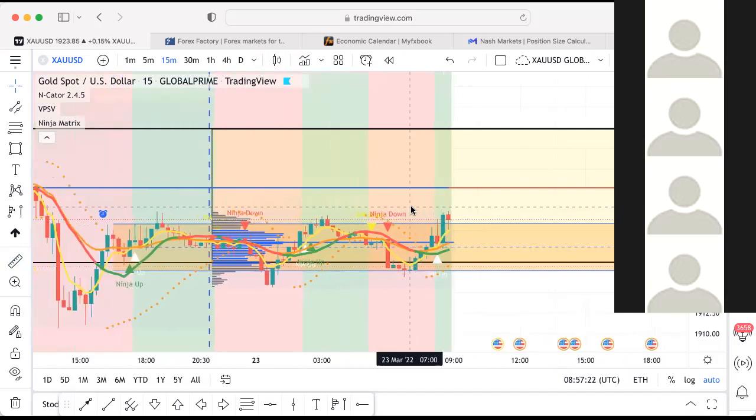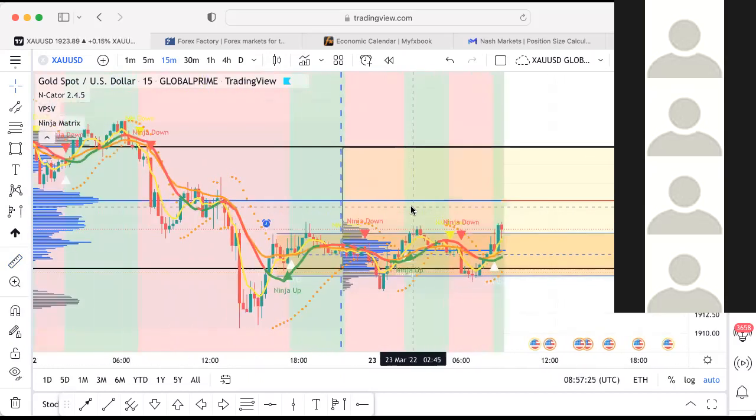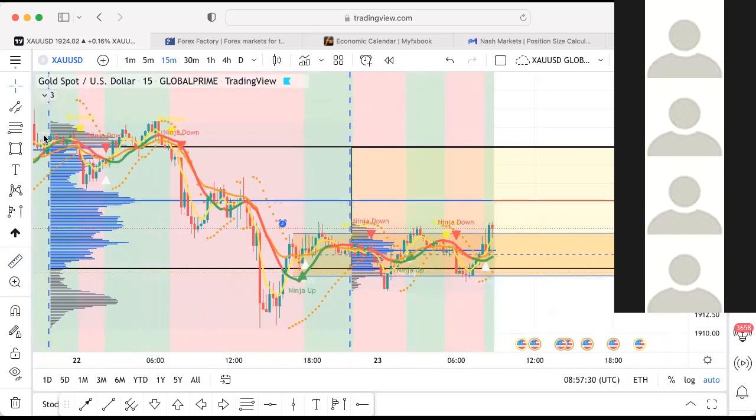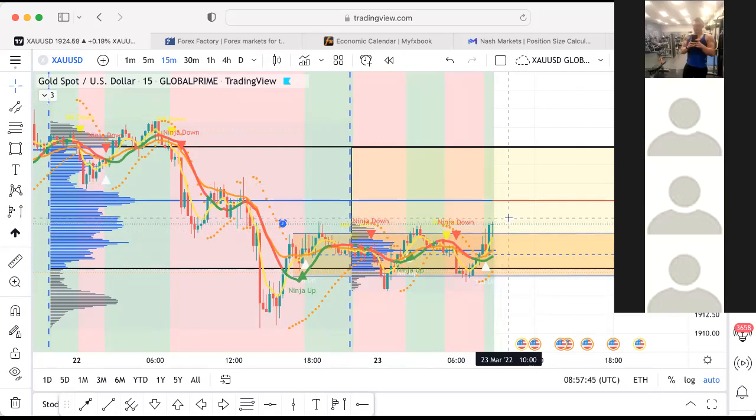So whilst we're waiting for that situation to develop, I'm going to look at some potential targets other than the point of control. When I look at the chart, I think, right, so when price decides that it's going to move in one direction or another, what are the potential targets? So my first target in this case will be the point of control. And I would take one trade to that point of control,